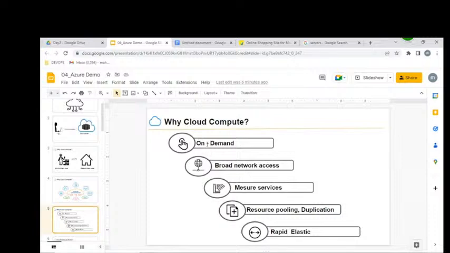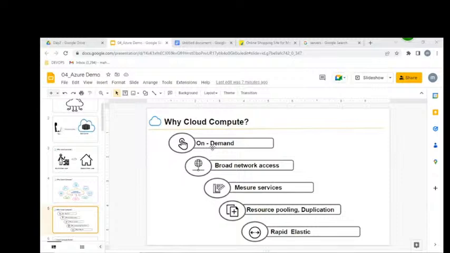What is the first one, guys, please? On demand. On demand is nothing but what? When you want a server, the server is immediately ready for your purpose. For example, if you go for a physical server, can you get it immediately?